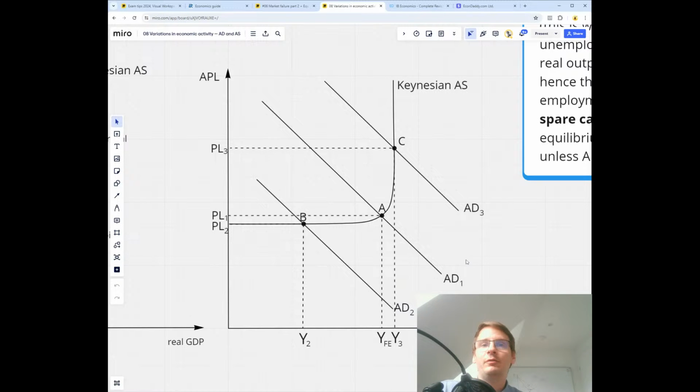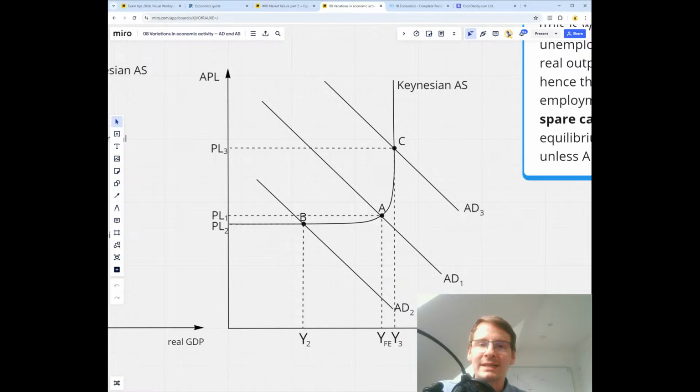Hence, if AD falls down from AD1 to AD2, real GDP will be at Y2. The average price level will be very similar to where it used to be, maybe a little bit of deflation, and the economy is going to get stuck there unless aggregate demand is boosted back up. That's why we have a horizontal section, because at Y2 we have a lot of spare capacity, and it will